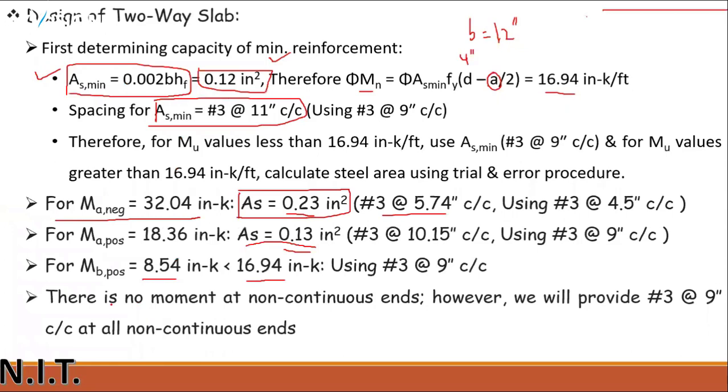But in my case, the question is why I have used number 3 at the rate of 9-inch center to center, number 3 at the rate of 4.5, and number 3 at the rate of 9-inch center to center. Again, number 3 at the rate of 9-inch center to center. To provide the steel on the same dimension,